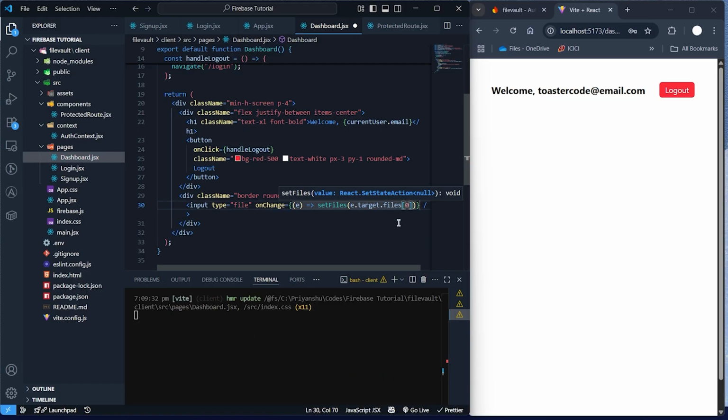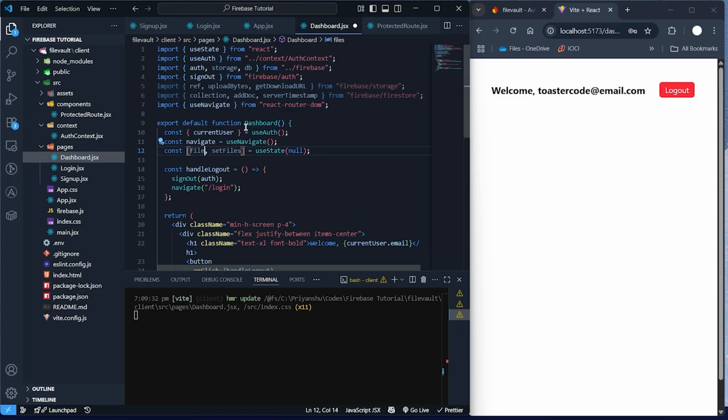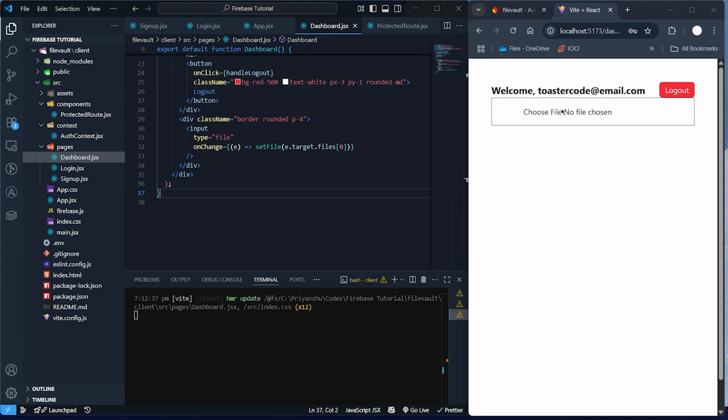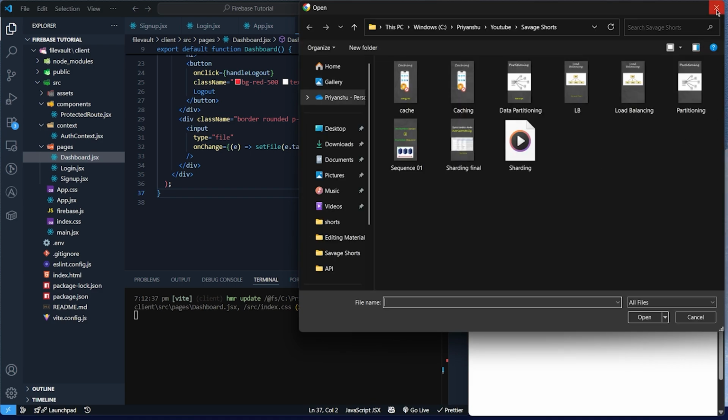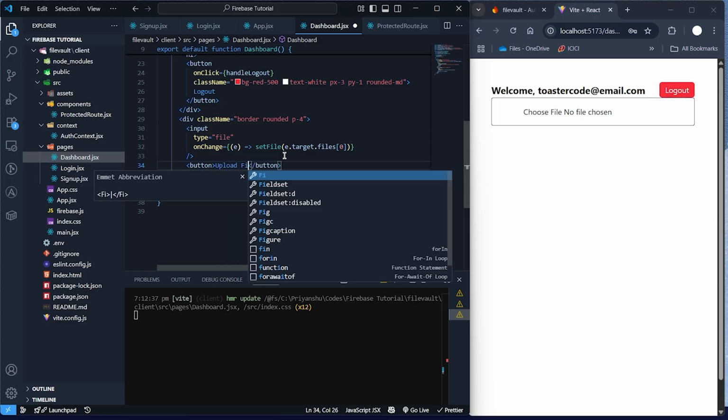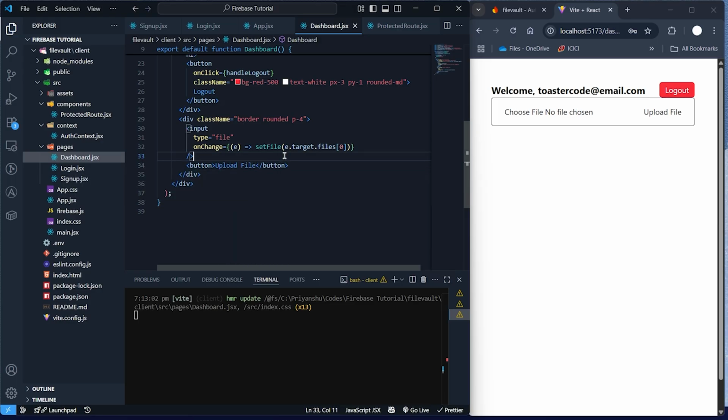index 0. We should make it setFile, not setFiles, because there is already a File and setFiles there on the Firebase side. So we'll do file and setFile. So yeah, the files will be good now. Yeah, it's fine. Let's add a button for submit. Upload file, class name,